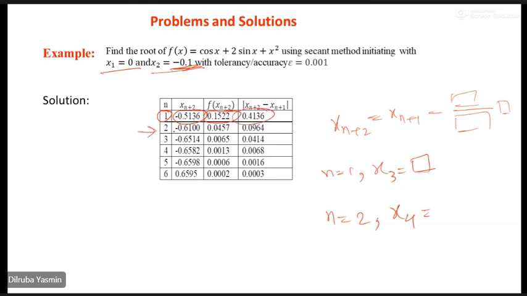Next step, you have to do the same operation again, because look at this accuracy. This value is very far from this accuracy, isn't it? So you can see the accuracy value decreased, so it is very close to this accuracy. So this is the root of this given nonlinear